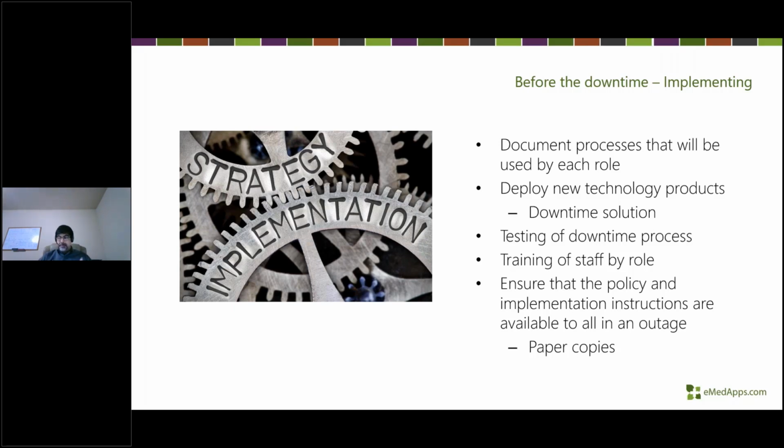And then the last item here I kind of already hit upon, but ensure that that policy is available. In the event of a downtime, your staff hasn't really run through this since either the last testing process or the last downtime. So you want to make sure that they have the processes and procedures available to them. Does that mean you need to have paper copies available because your online file share may not be available in an outage? Then that may be the solution that you need to entertain there.